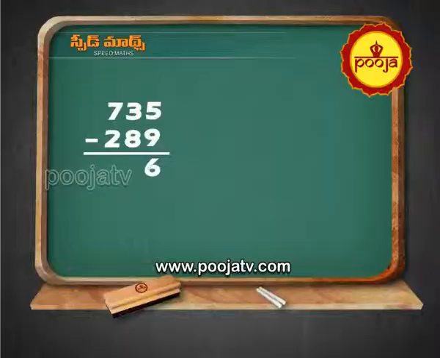And now you have to remember, you should not say we have to subtract 8 from 3. Already we have given 10 to this side. Here we have borrowed, so here it is only 2. That you have to remember. You cannot write like this. In traditional maths you have to remember it is 2 only.